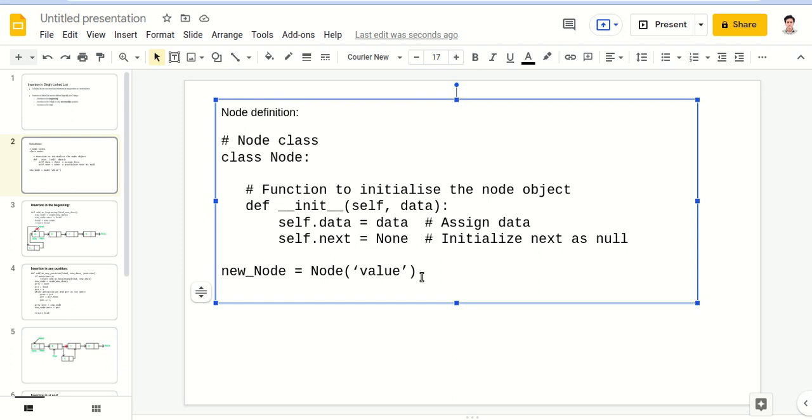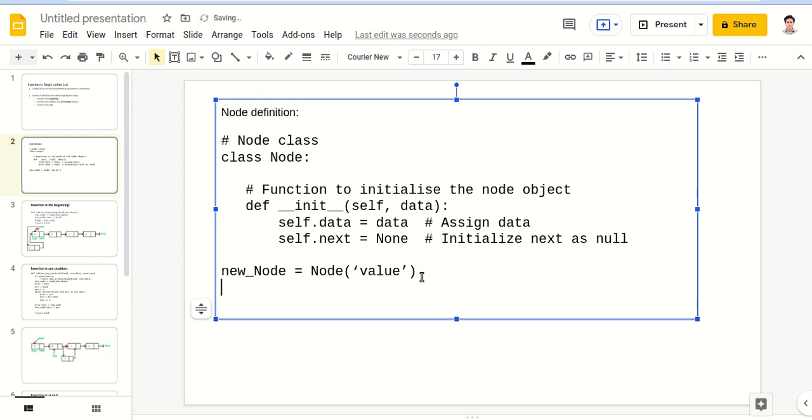And if we want, we can write new_node.next is equal to some other node, like Node 2. This will be the second value, and after 2, again None will be instantiated. That's how we can do it.